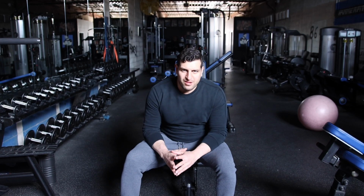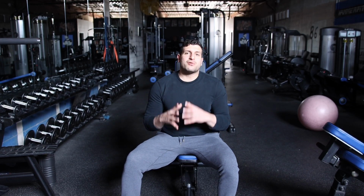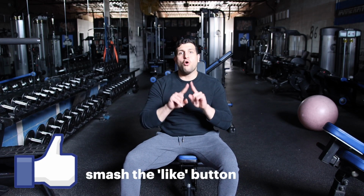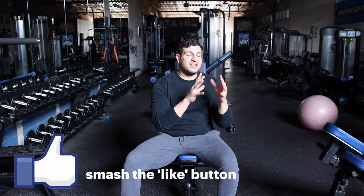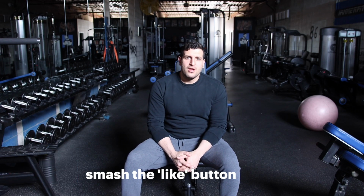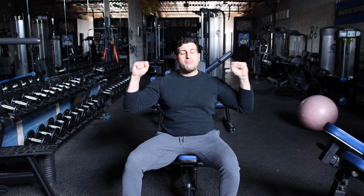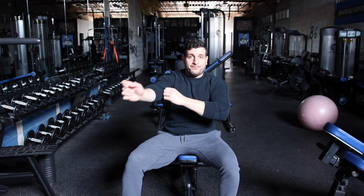Dumbbell shoulder press. This is the meat and potatoes of your shoulder work. I love this exercise over the barbell press and definitely over a Smith machine press for the sole reason that you're not in a closed chain movement. If I'm using a barbell or a Smith machine and you already have shoulder issues, what ends